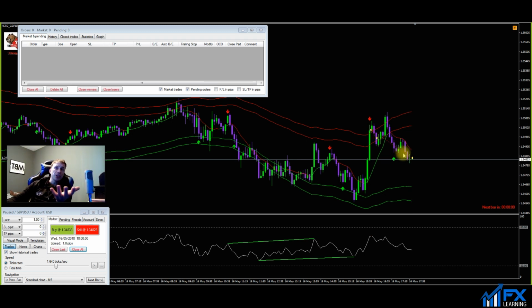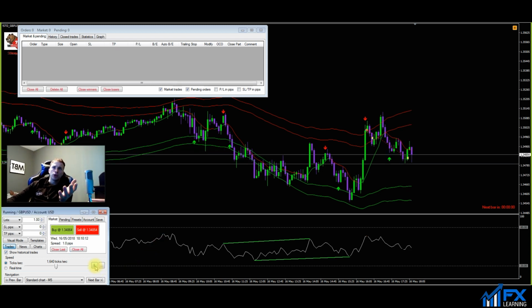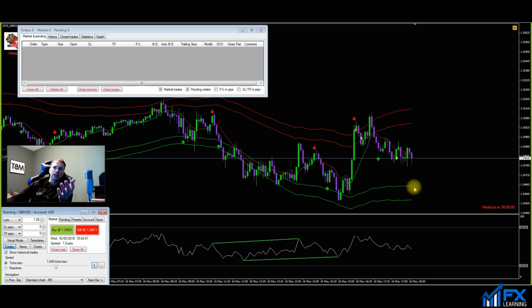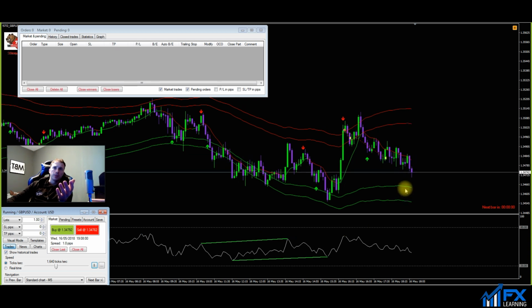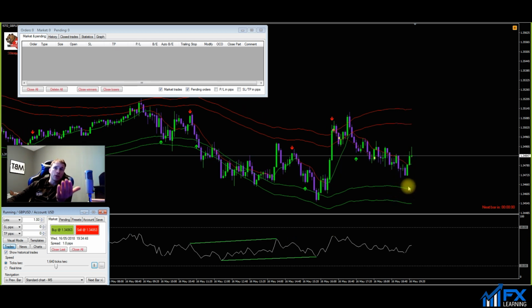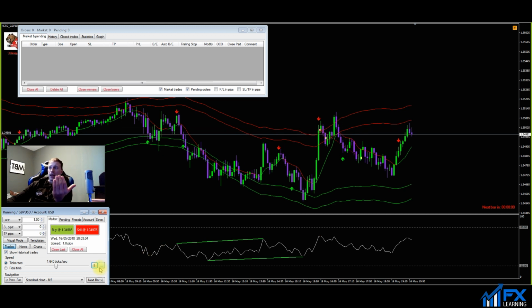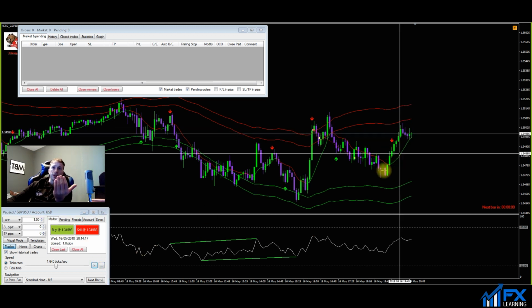pips. So as you can see here, okay, managing those trades, this particular trade would have given me 24 pips, 1 at 5 pips take profit, 1 at 19 pips. Now, just to see what happens, does the trade come down and hit the bottom of the zone? Okay, it does. You see here, trade does come eventually down, and we could have maybe got out of this setup here